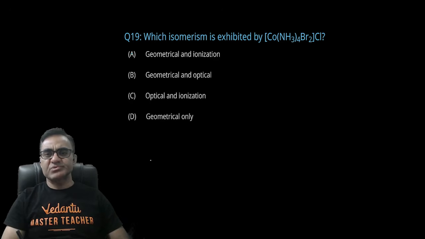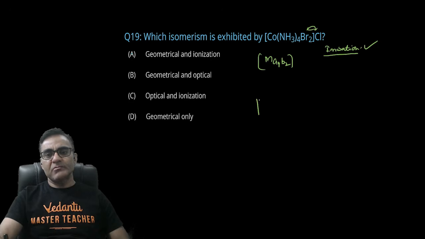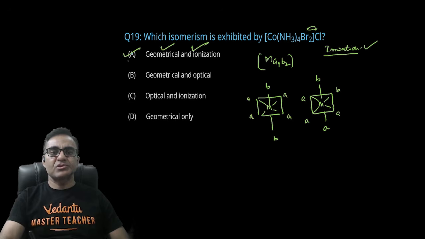Which isomerism is exhibited by this complex Co(NH3)4Br2Cl? This is a complex of MA4B2. All right. और क्योंकि क्लोराइड और ब्रोमाइड can be interchanged, सो आयनाइजेशन आइसोमेरिज्म तो है ही इसमें, स्ट्रक्चरल आइसोमेरिज्म के नाम पे आयनाइजेशन आइसोमेरिज्म तो होगी ही। और MA4B2 का अगर मैं ज्योमेट्रिकल आइसोमेरिज्म बनाता हूँ तो BB cis और BB trans can be drawn, so geometrical isomerism will definitely exist in this compound. ये BB cis हो गया, बाकी सब जगह A लिख दिया, और ये ट्रांस हो गया।